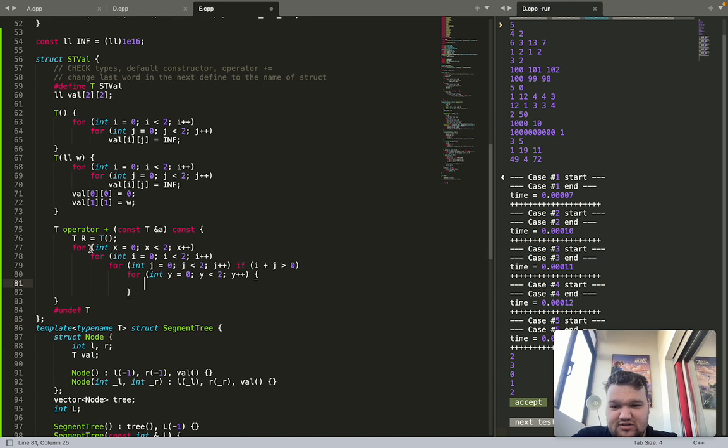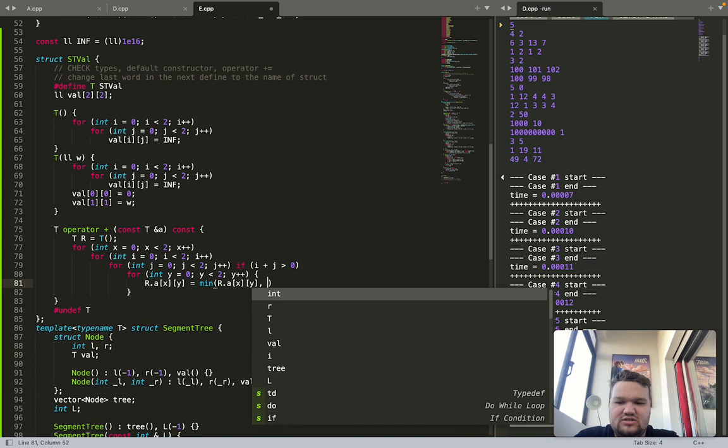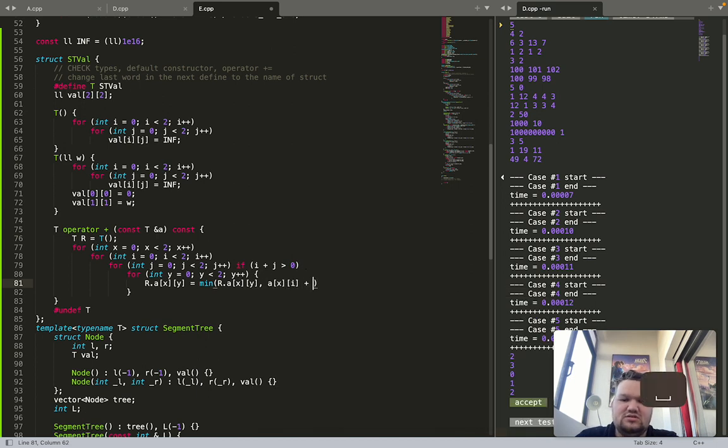So we want to merge two DP segments, and values for borders are x, i, j, y. i and j cannot be 0 at the same time, because that means that there are two elements that we didn't choose in the middle. So we have this, and in the end we'll have x and y on the borders, and we should update it with a x i plus